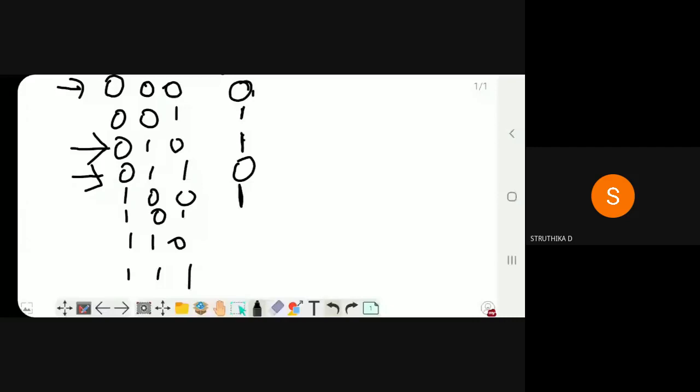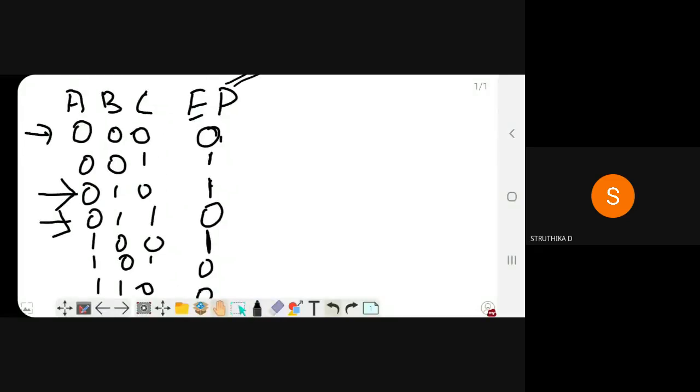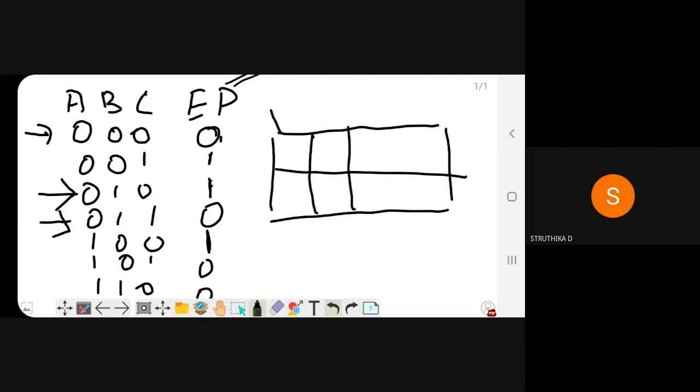0 0 1. Okay. So now I'm going to get the equation by applying the values which I got for the even parity in a K-map. A, BC, columns 0 1 2 3 4 5 6 7.